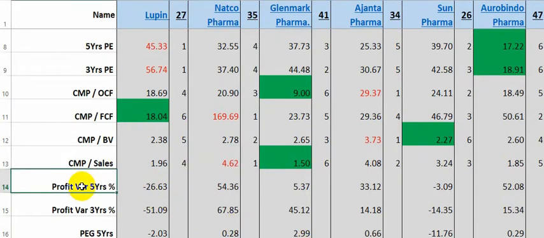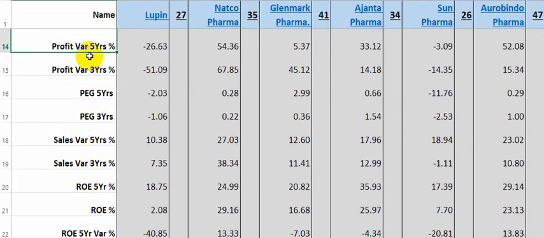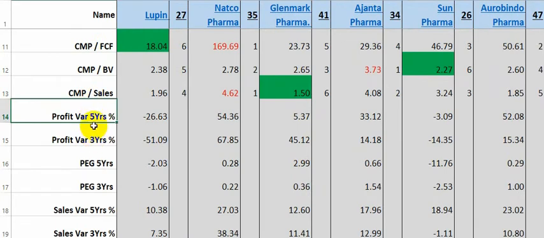Next, we are going to look at the profit growth rate of the company in the last 5 years and the last 3 years. What was the rate of growth in profit? These are CAGR growth rates, compounded average growth rates, and they help us understand whether